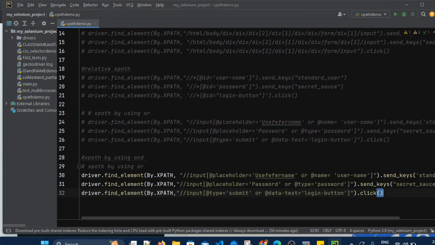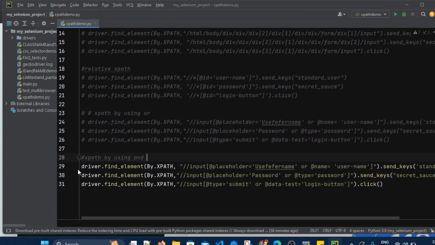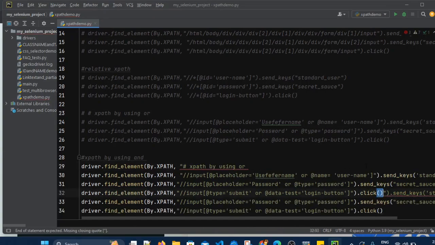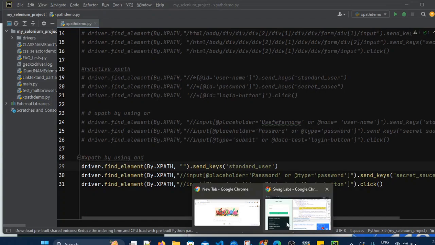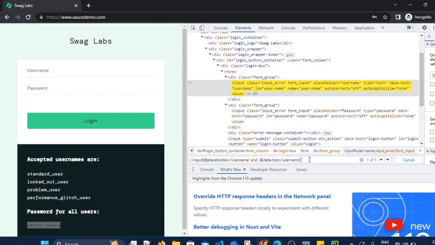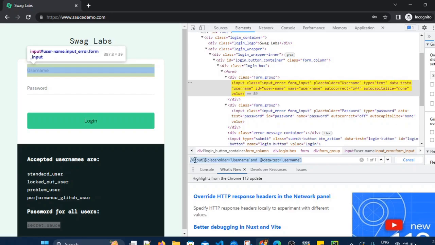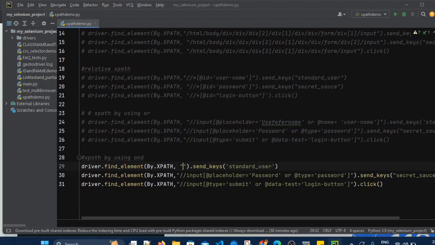So now we will use the AND operator. In the first statement we are finding the username field. I will put in this value which we have copied from there. So this is for the username field. Both the conditions are perfectly matching here.